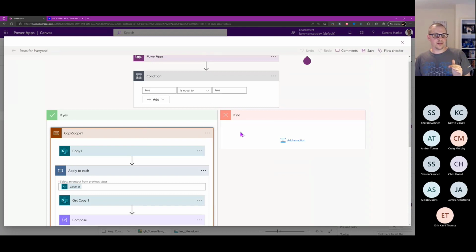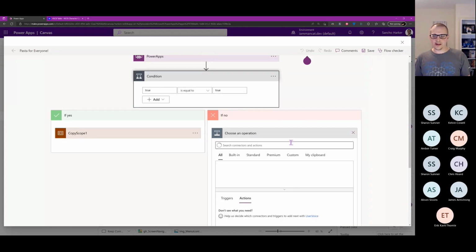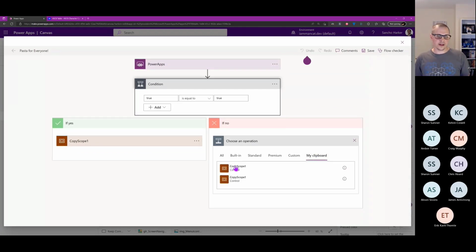we copy it to the clipboard. Now, normally you go add an action and you go to My clipboard and, oh yeah, there it is, paste it in. But that has literally copied it to the clipboard. So what we can do